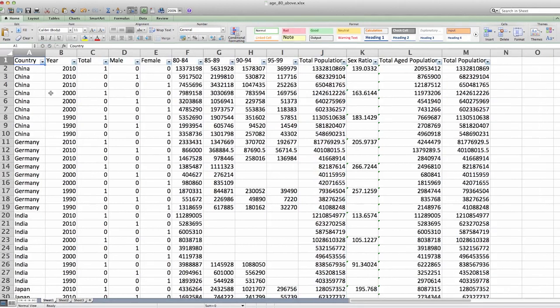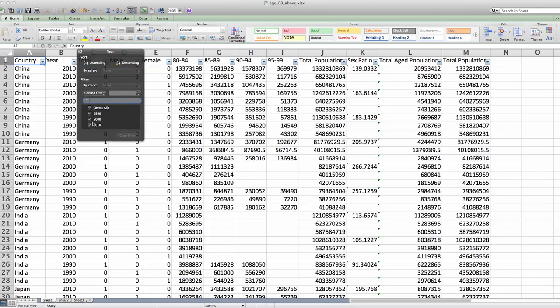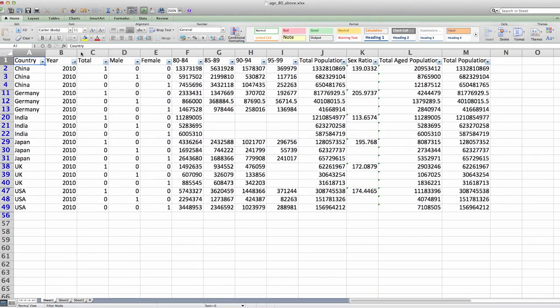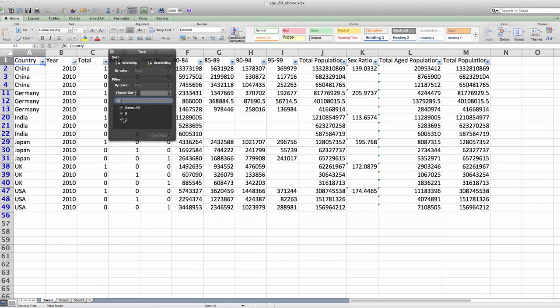Since we want the data for each country in a given year, let me select one year first. Let's say 2010. Yes, this is the data for 2010. Let us look only at the total populations.